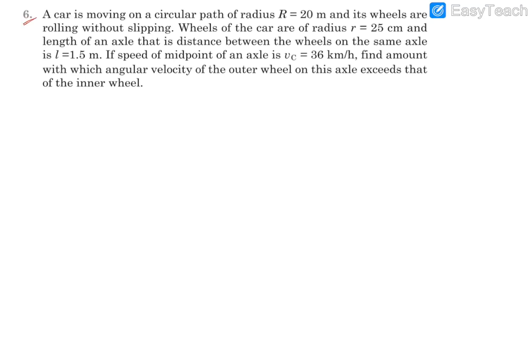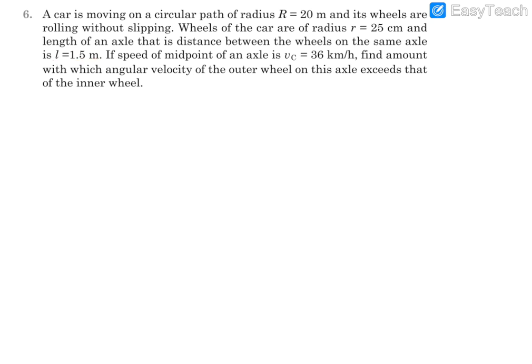Consider question number 6. It says a car is moving on a circular path of radius 20 meter and its wheels are rolling. So it's also a pure rolling case, that is without slip. The wheels of the car are of 25 centimeter radius, so that's known to us, and the axle connecting these two wheels